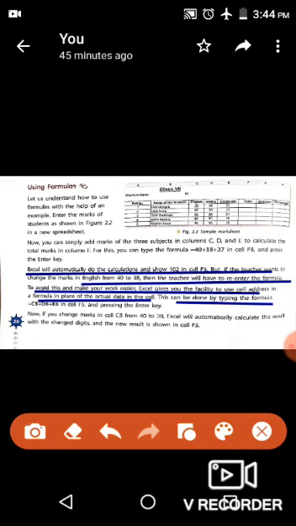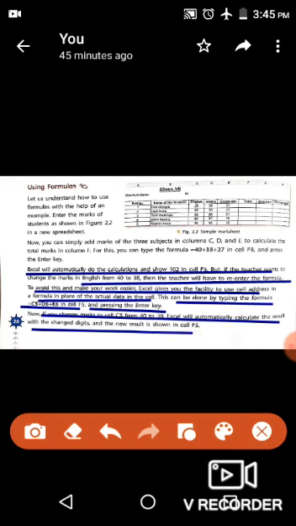So we will apply the formula is equal to C5 plus D5 plus E5 in cell F5 and press the enter key. By doing this, if you change the marks in cell C5 from 40 to 38, Excel will automatically calculate the result with the changed digit and the new result is shown in cell F5. It means if your teacher changes your marks from 40 to 38, she doesn't need to re-enter the formula. It will automatically change.